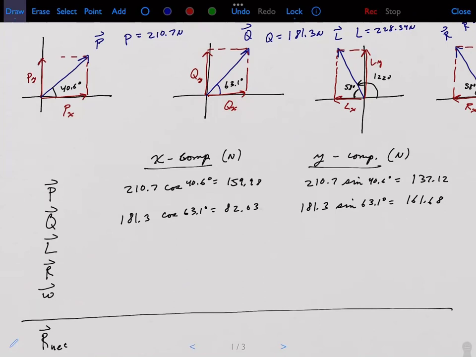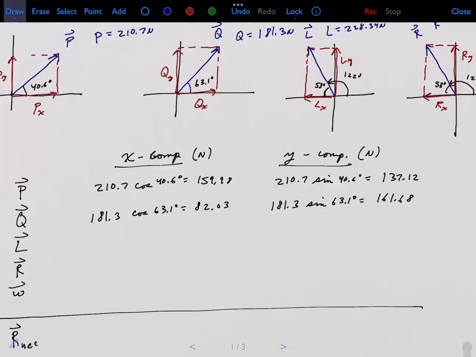Okay, what about L and R, right? These are going to be the same, L and R. Well, now you have to be a little careful. The X component is negative, right? It's pointing left, but the Y component is positive. And again, I'm going to use this right triangle here. I'll extract that one so that I can use this reference angle, which is 58 degrees. Again, why am I using that reference angle? Because I know the X component will involve cosine of that reference angle, and the Y component will involve sine. But the X component is going to be negative, right? So it'll be negative